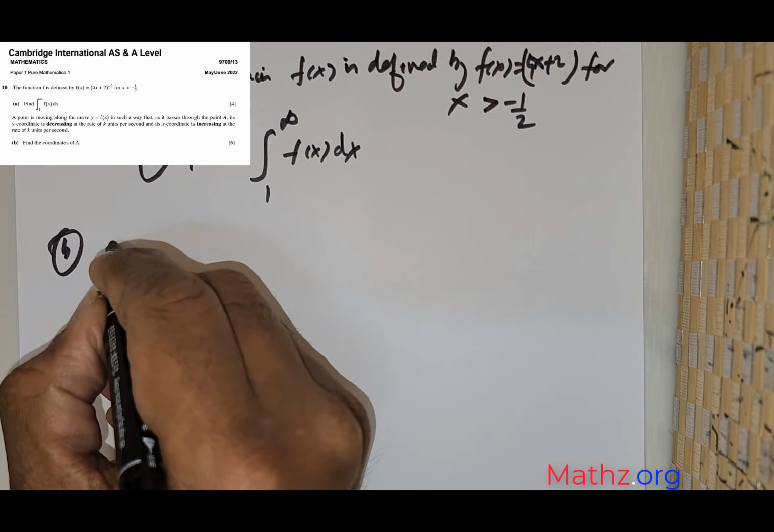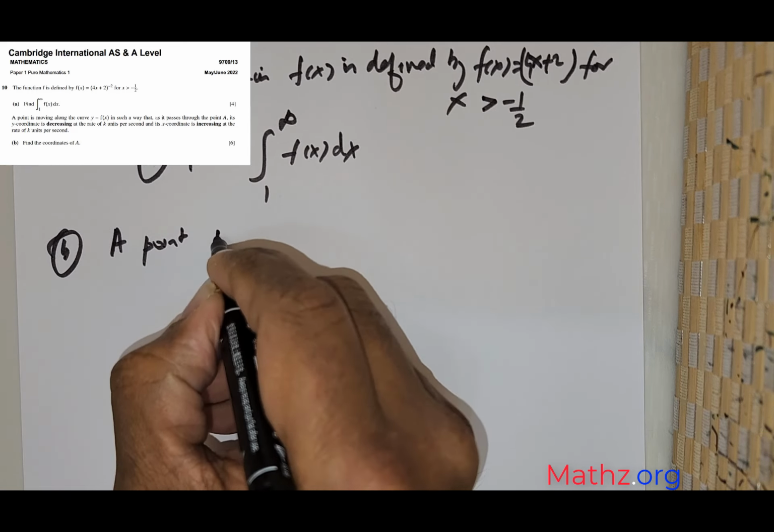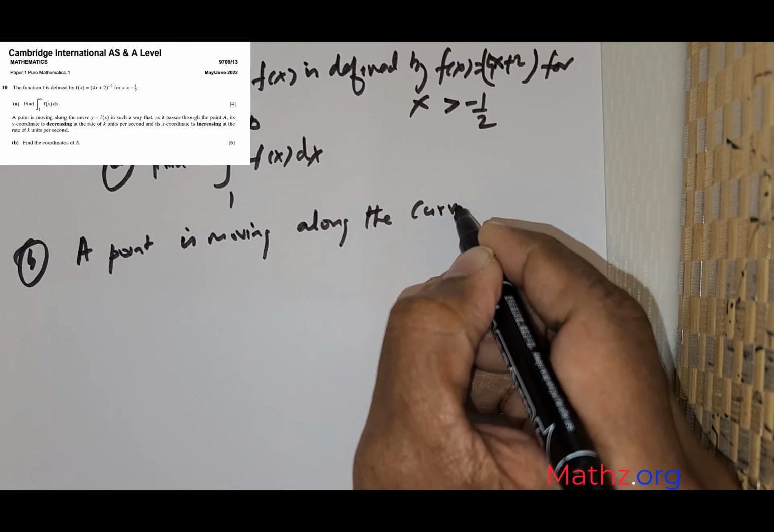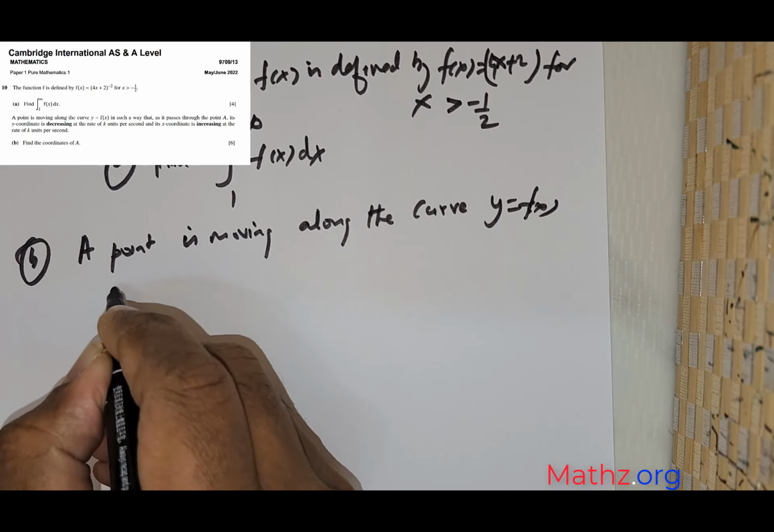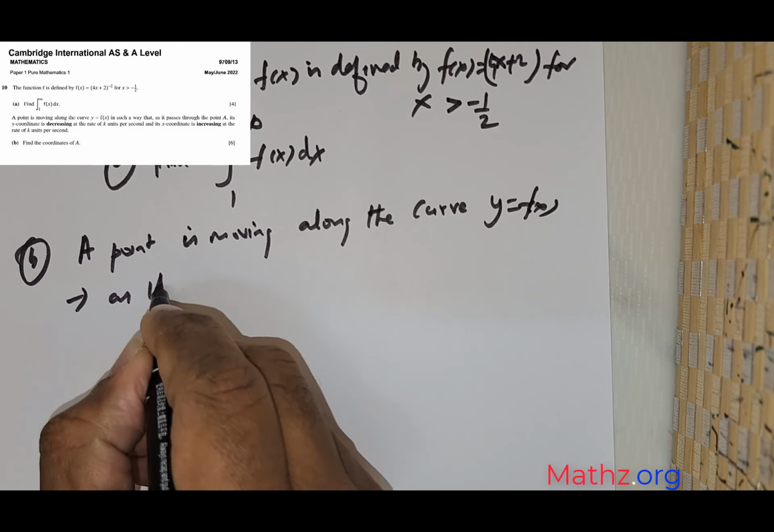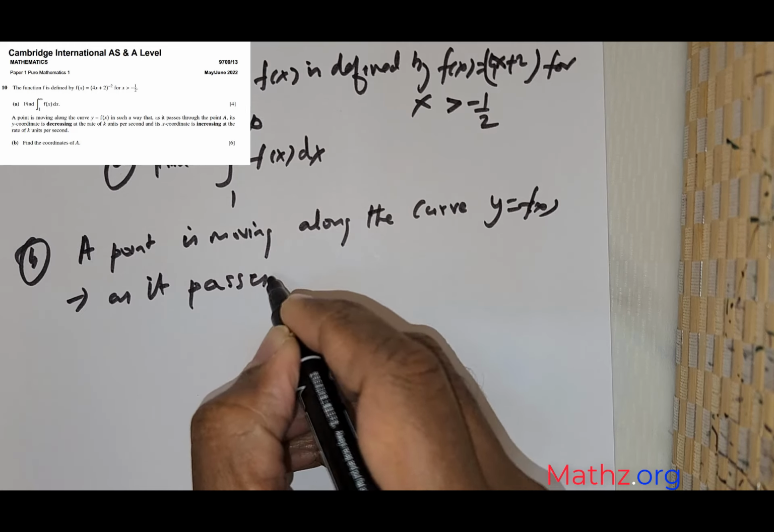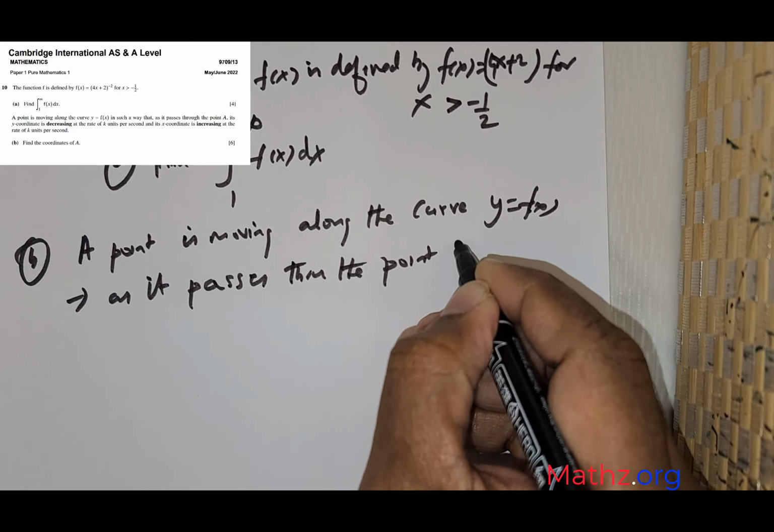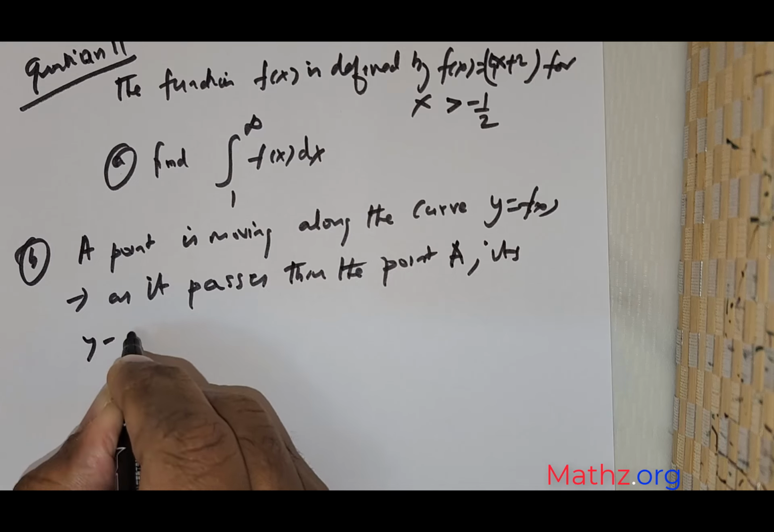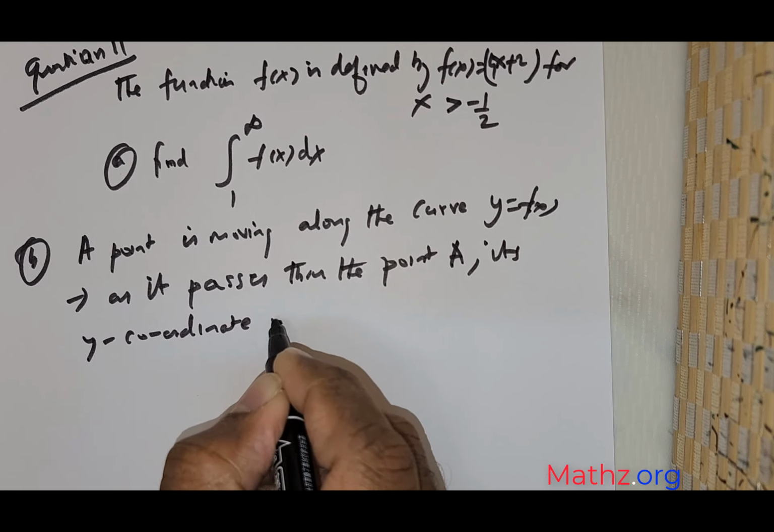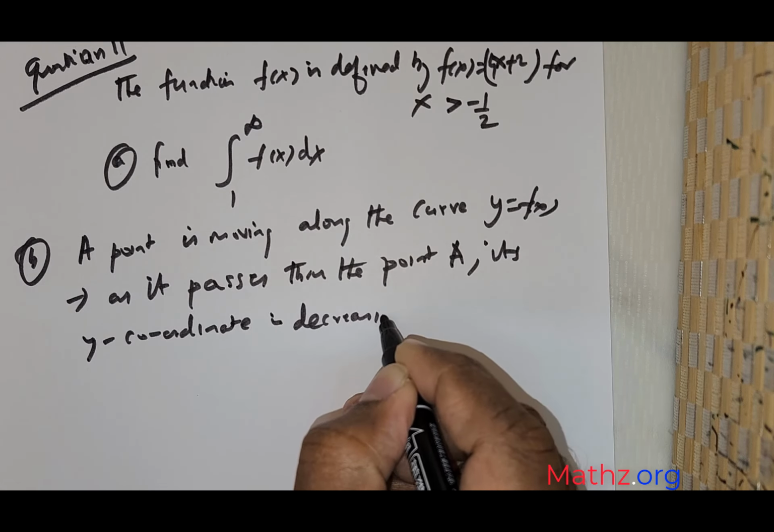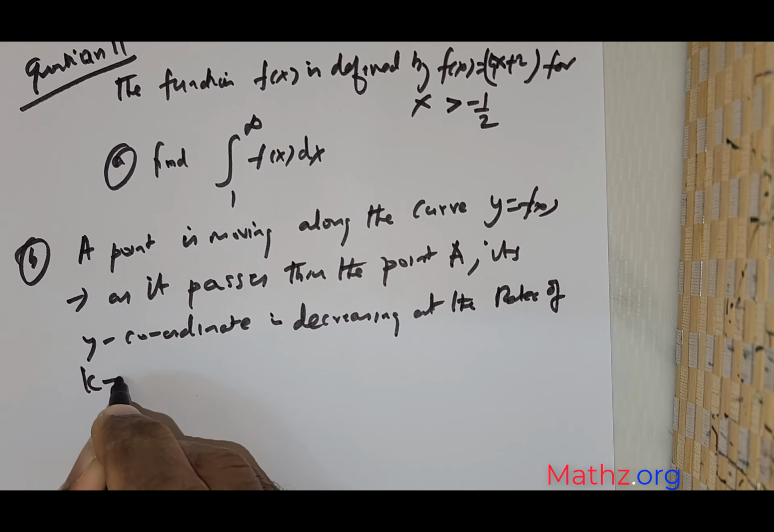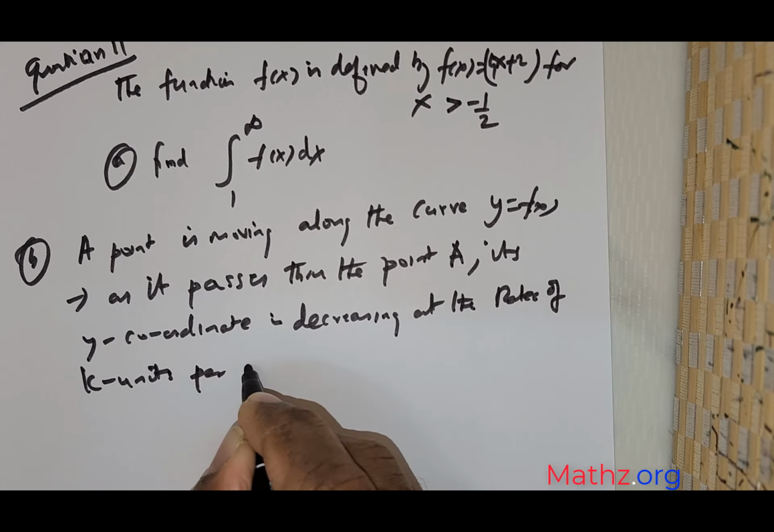Now part B is as follows. A point is moving along the curve y = f(x) such that as it passes through the point A, its y coordinate is decreasing at the rate of k units per second,